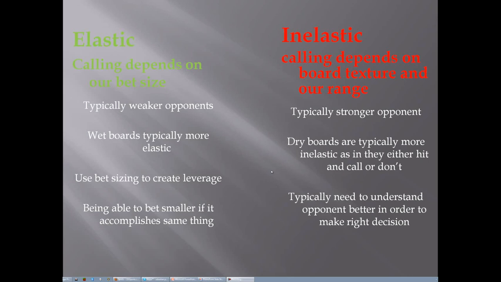So again, against these types of opponents, we really have to formulate a much stronger game plan. A specific example would be if we're playing against a stronger opponent, on a type of board that we know this opponent likes to float on. Against that type of opponent, more times than not, I'm just going to be checking and giving up if I think that this opponent likes to float or doesn't think that this board hits my range, or I'm more likely to fire multiple barrels at this opponent.